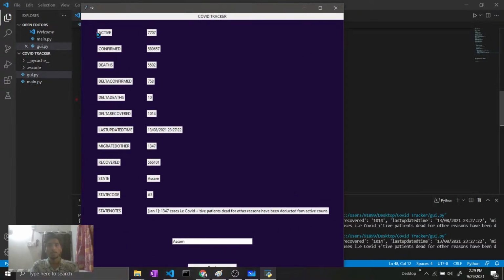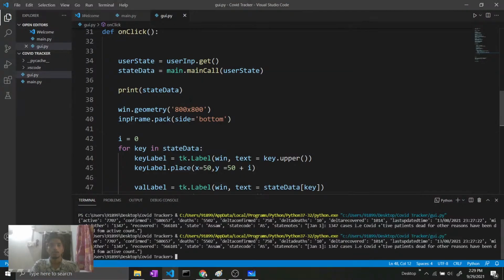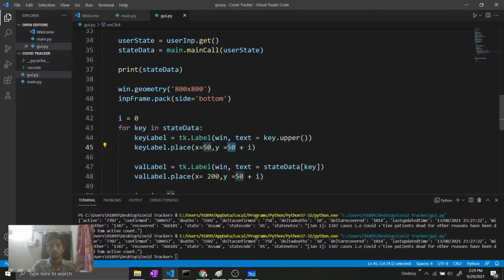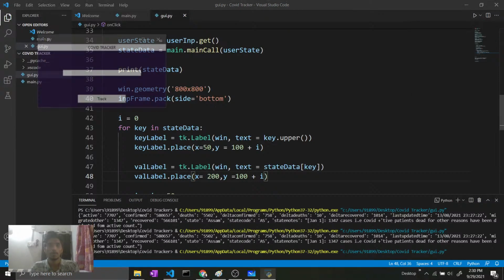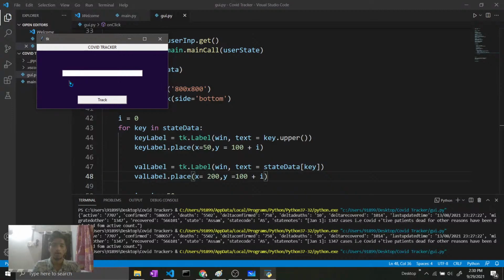I'll shift everything at the bottom, and I'll make space at this part for the heading of that state, the label to the data. We can do it by increasing the y position of our key and label values. Instead of 50, let us write 100. Save it. And if I run it in terminal and write, let's say, Goa and track,